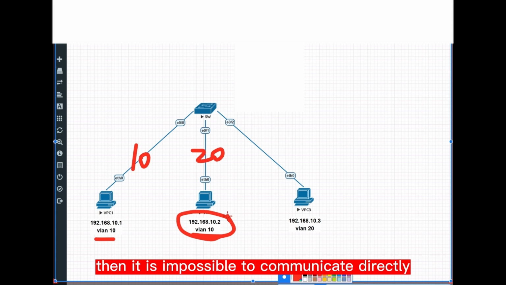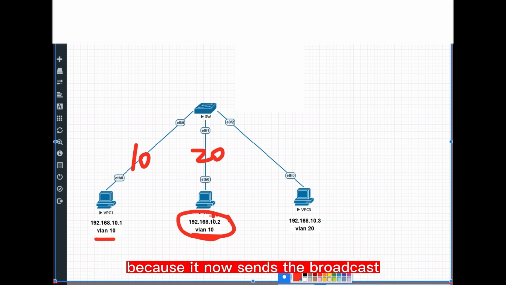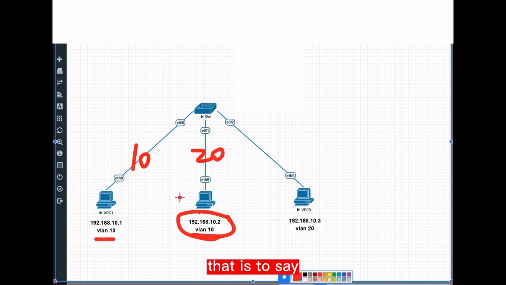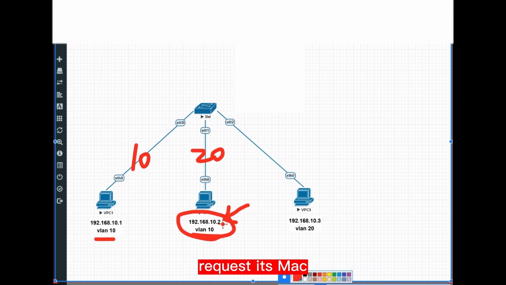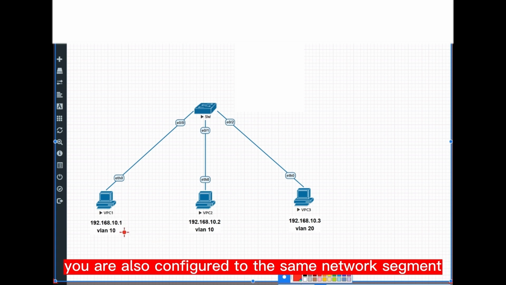Then it is impossible to communicate directly, because the broadcast it sends will not reach this device. That is to say, it is unable to communicate. It can't get through layer 2. When you are encapsulating data, you will let this PC directly request its MAC. Then you can't go, because the data cannot come through. Unable to encapsulate the MAC. So if it is across VLANs and you configure the same network segment,